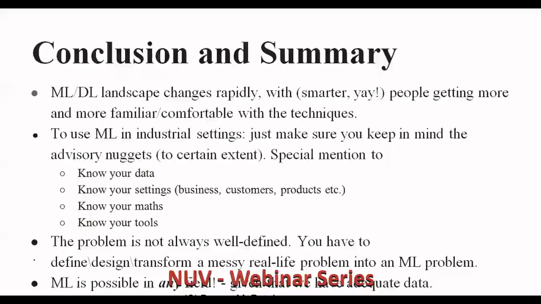So we are almost going to complete this session. And if I conclude my whole session, I can conclude that the ML and AI landscape changed rapidly with smarter things, and people are getting more and more familiar and comfortable with the techniques of machine learning and artificial intelligence. To use machine learning in an industrial environment or in a real-time application, just make sure that you keep in mind the following advisory nuggets, especially to know your data, that what data